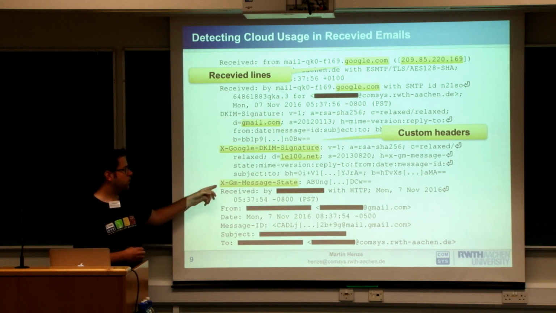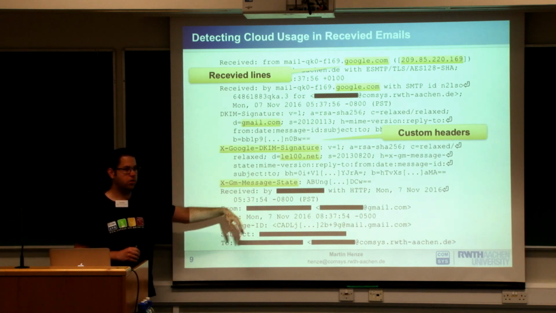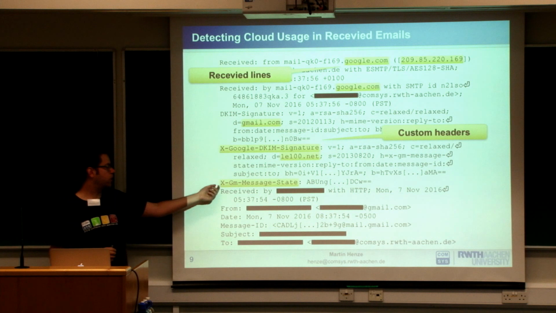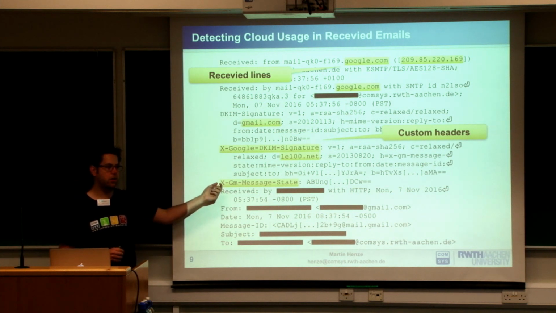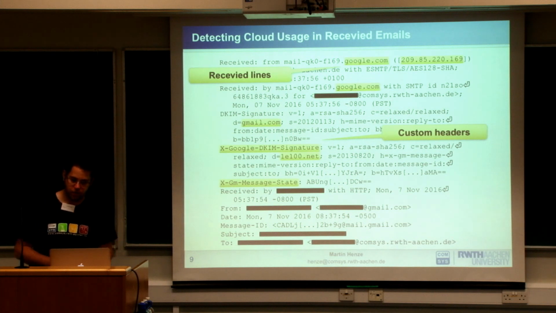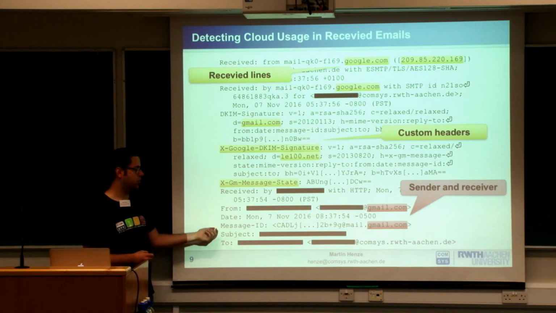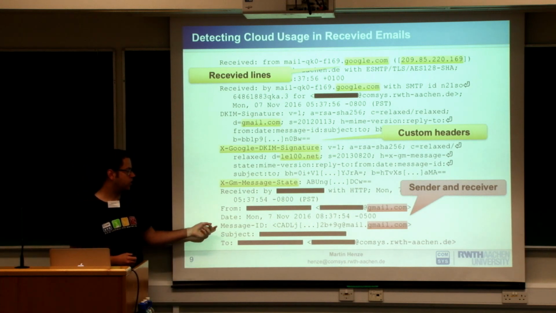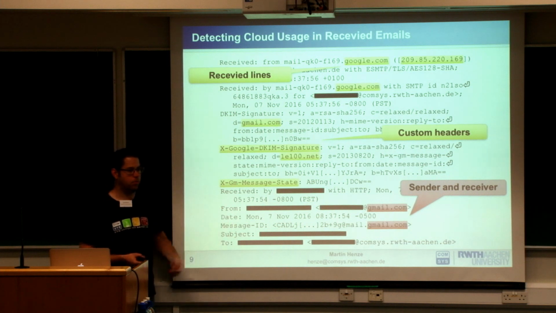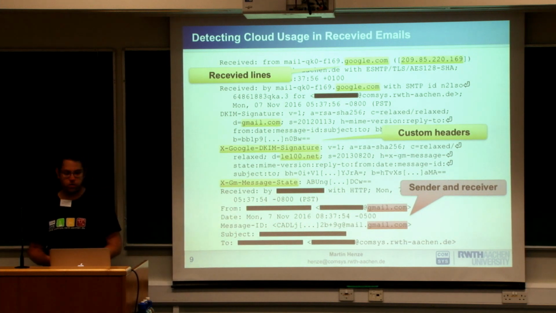And I'm not 100% sure what this one is about. It seems to be some encoding of the Gmail message state. This is just some base64 encoded value, but just by the presence of this field, you can tell that this email has been run over Google infrastructure. We also have other information, for example, where it is coming from and the message ID. And the message ID essentially also is bound to the mail server that the email originates from.